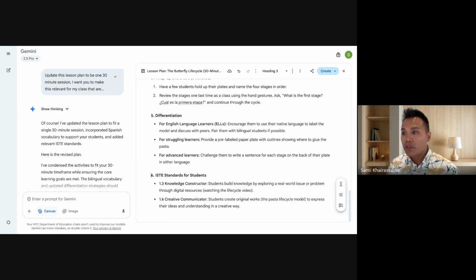Taking it even further, we all are using certain curricula, HMH, Wit and Wisdom, what have you. You can take some of that curriculum, a unit or a page or whatever, upload it to Gemini, and then further tailor that to your class. And you can have it create PDFs for you they can download, or help you with a lesson plan.